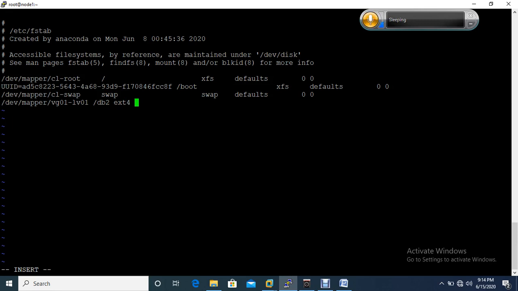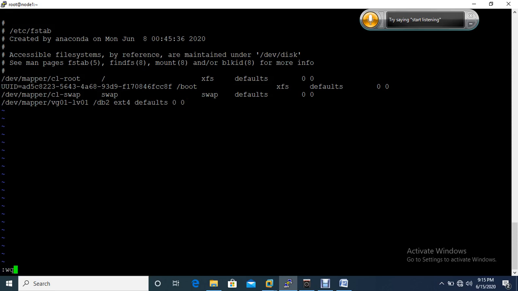Now I am giving the default option here, so whatever is in the default parameters will work here. I don't want to take any backup, so I'm giving zero here, and also I don't want scanning when the system reboots, so I'm giving zero here. Zero is for skipping the check.